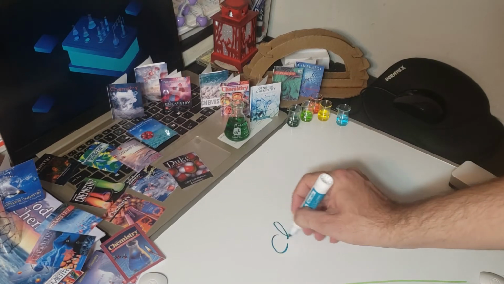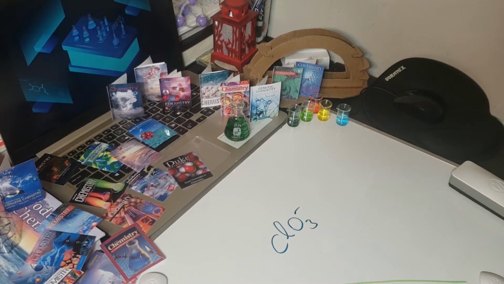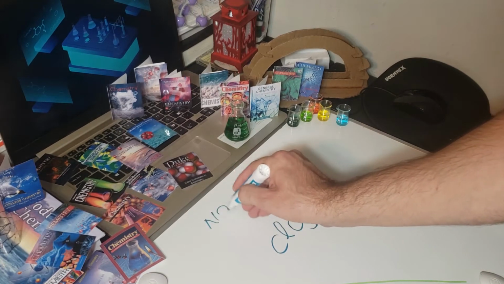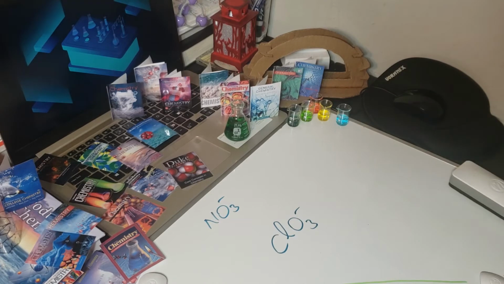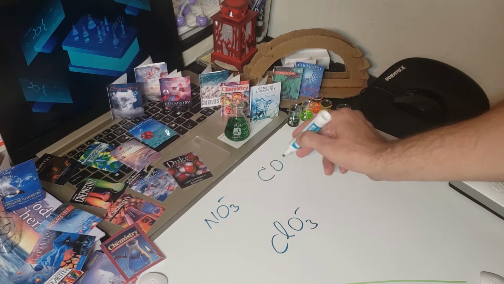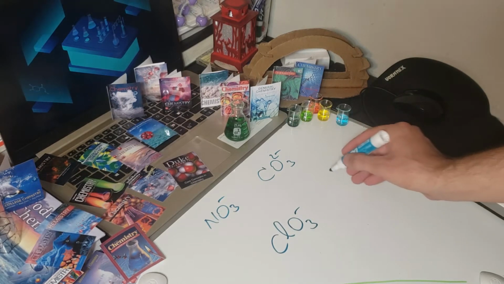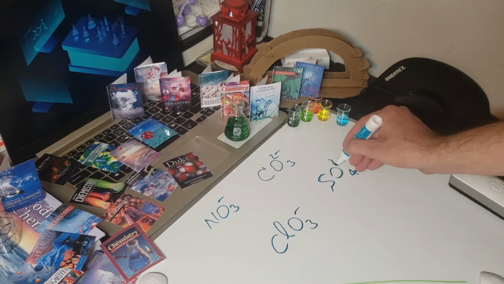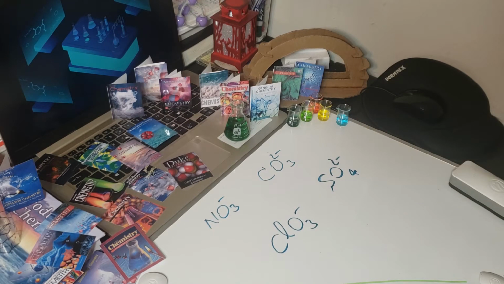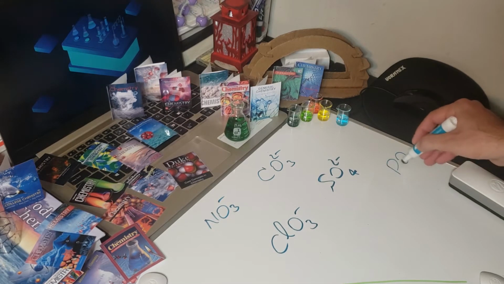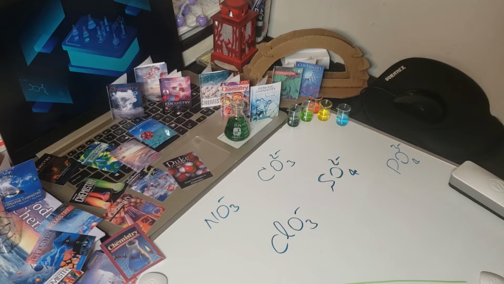The ClO3 minus, it is called chlorate. NO3 minus, which is called nitrate. CO3 double minus, which is doubly charged, it's called carbonate. SO4 double minus, it's called sulfate. PO4 triple minus, it's called phosphate. And